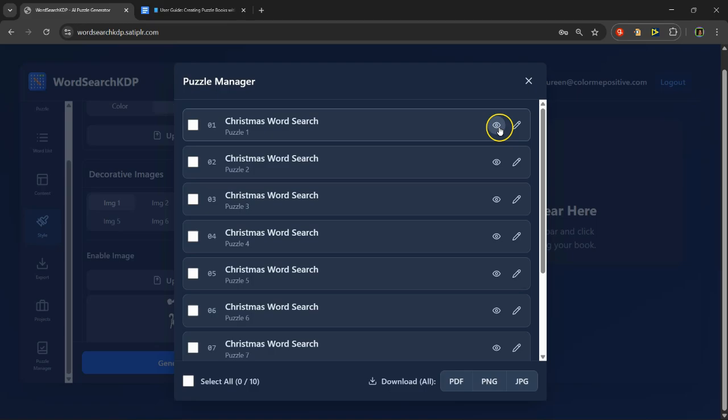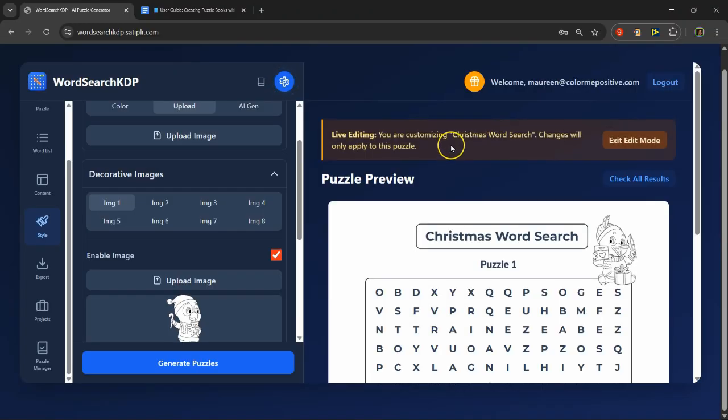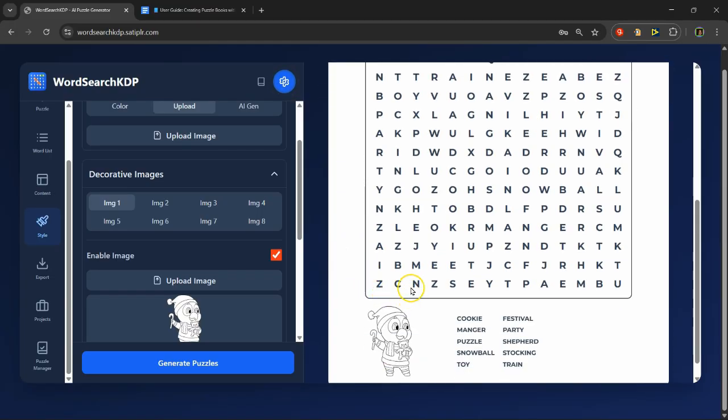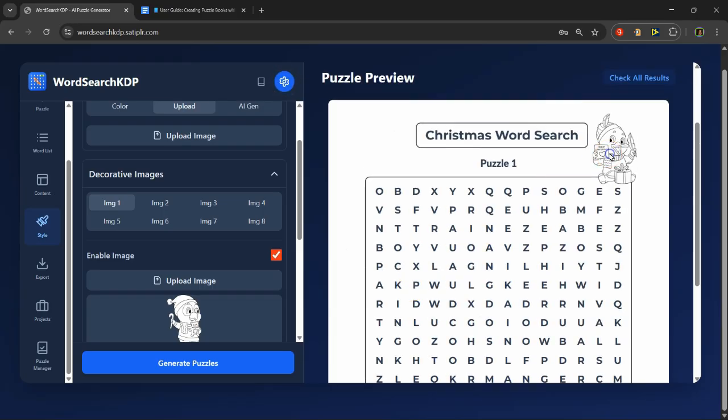Okay, and then you would go to Puzzle Manager and they're all here. Now you can view them and it tells you, oh, that's cool. So you're customizing Christmas word search. Changes will only apply to this puzzle. Oh, that's awesome. So if you didn't want these all the same on every page, you could come in here